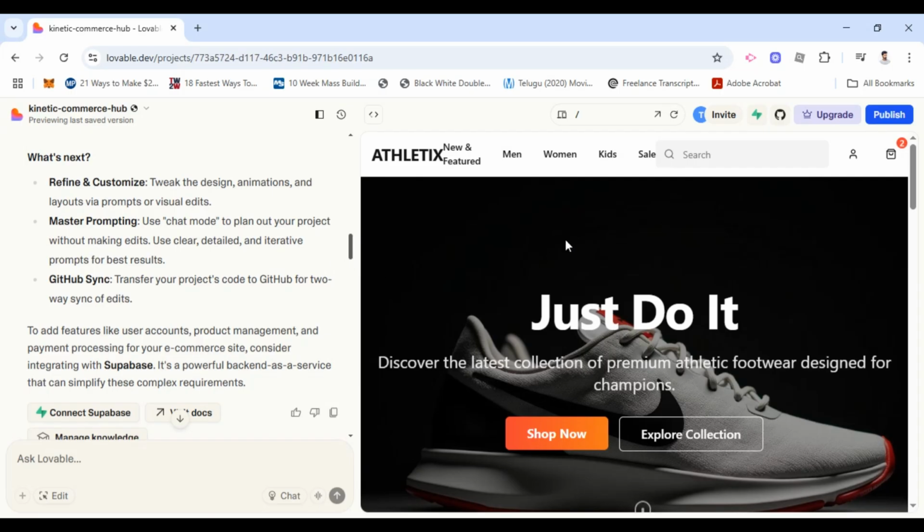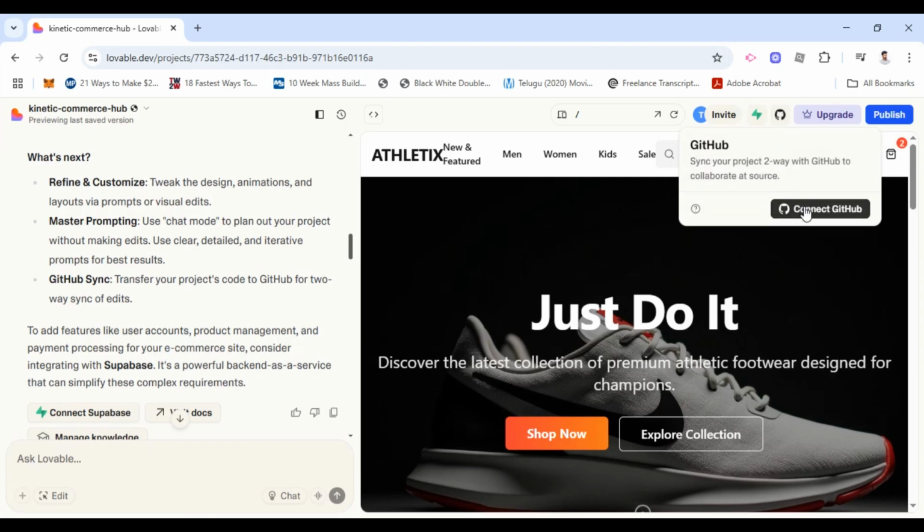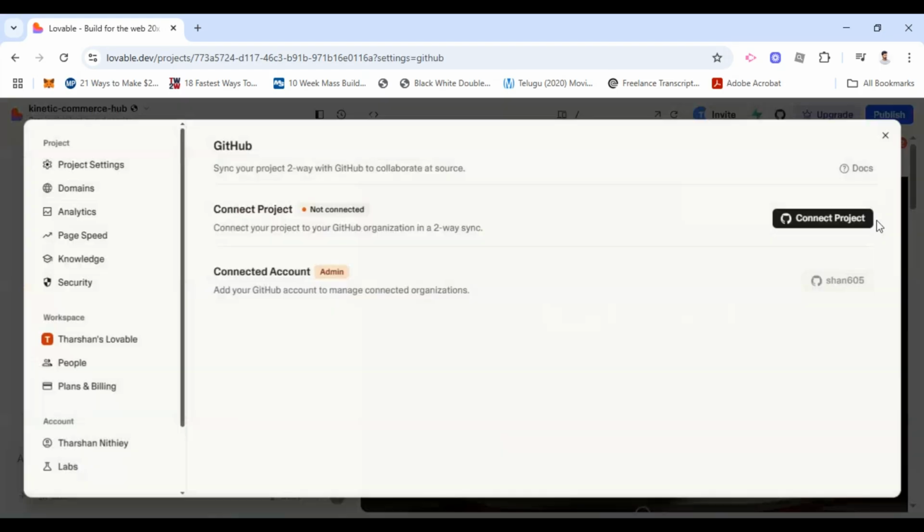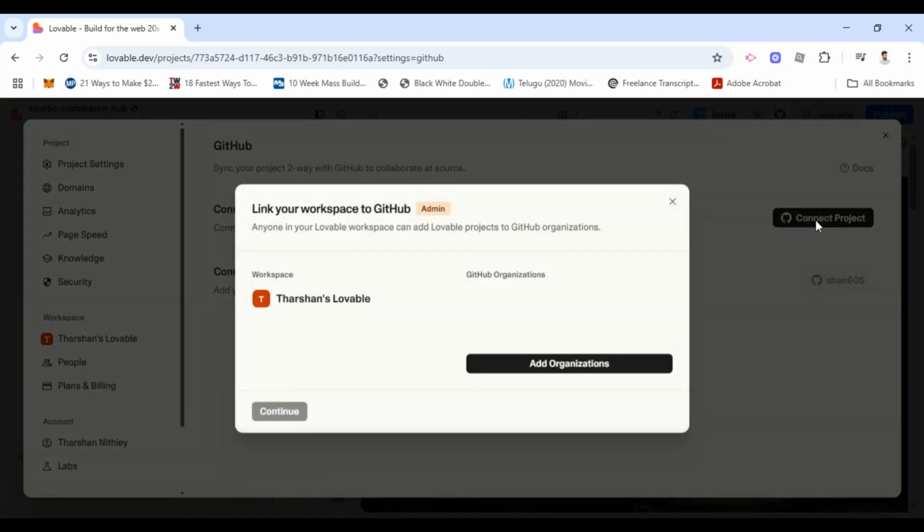In order to export these to CursorAI, we need to use GitHub. So we need to first connect and sync these to GitHub, then only we'll be able to do it. To do that, simply click on the GitHub icon here, which is on your top there, and then click on Connect GitHub. What you have to do now is simply connect your GitHub and then click on Connect Project